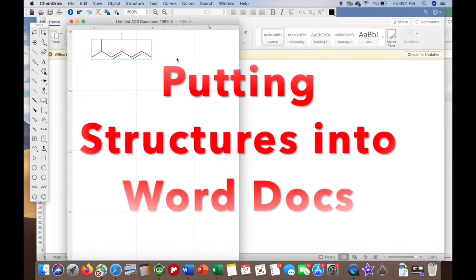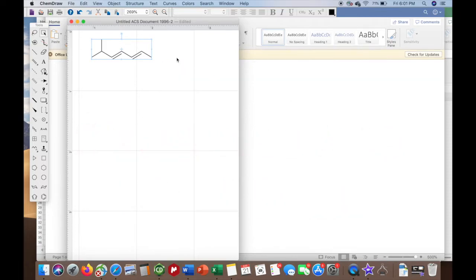Okay, so now I'm going to show you how to copy images from ChemDraw into Word. There are a few ways you can do this. The first way I'm going to show you is the most straightforward. We have our selection tool. This is already selected, but if it weren't, you would just select the selection tool. Then you would draw a box around it,